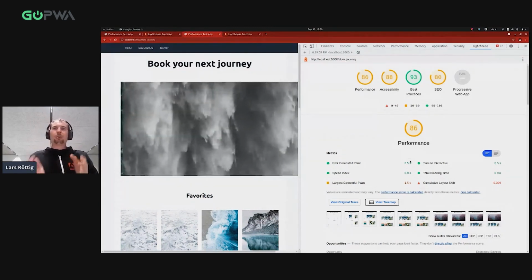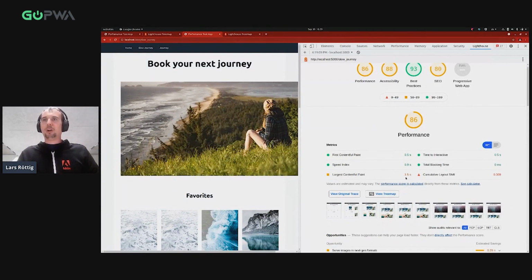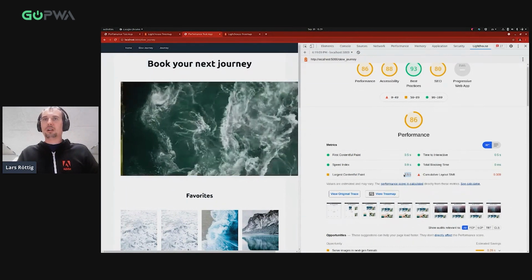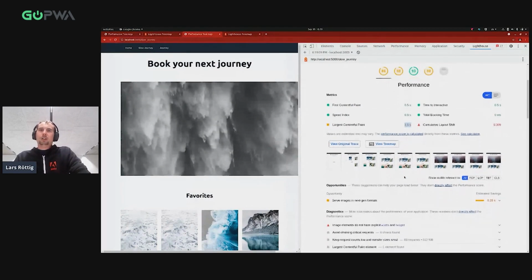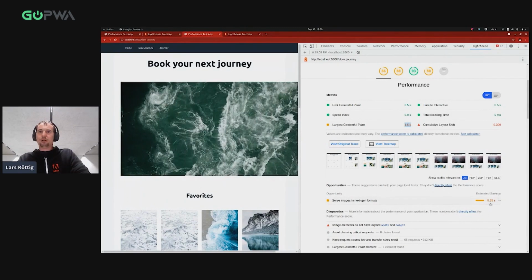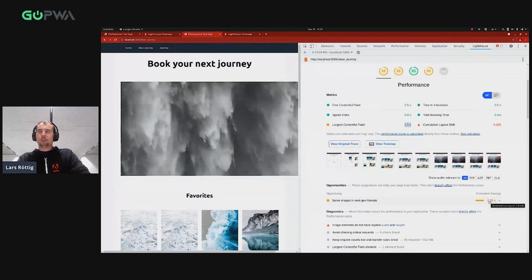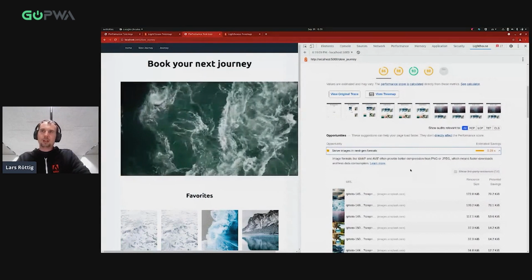So going back to the issues here, I see we have 1.5 seconds on our largest contentful paint. And we lost 0.28 seconds in terms of images.